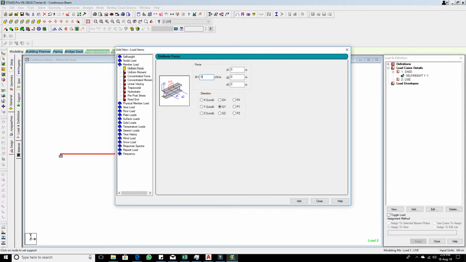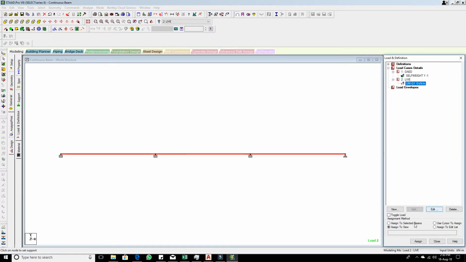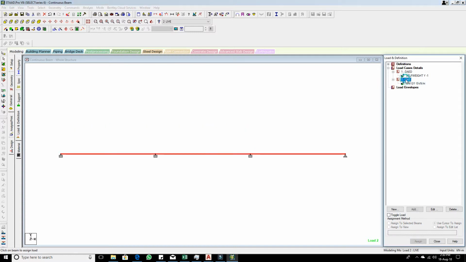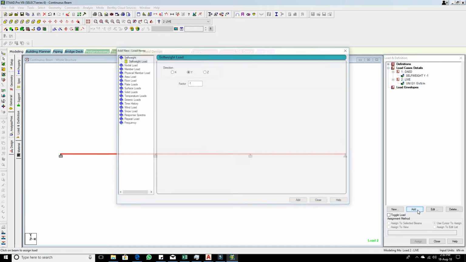In XY plane means in the X plane how much distance you want to apply the load. So I'm giving simply in the global Y axis -5 and close. This one, use cursor to assign. I'm going to add these two members. As same live load, I'm going to add